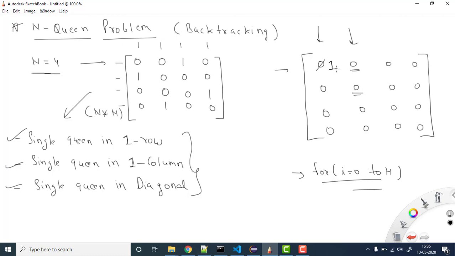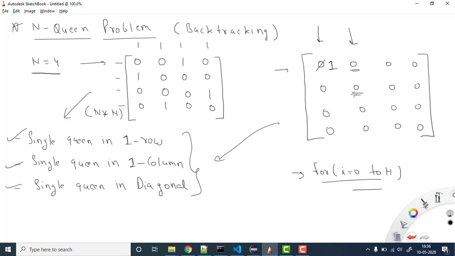So now you see that here we are checking the conditions. Whenever I'm checking a particular place, we need to check whether all these conditions are satisfied or not. For that we can have another function, which we'll see through code, which will give me the information whether this place is safe or not. So we'll check three things. The column-wise check we are fine with, because this is the column we are checking.